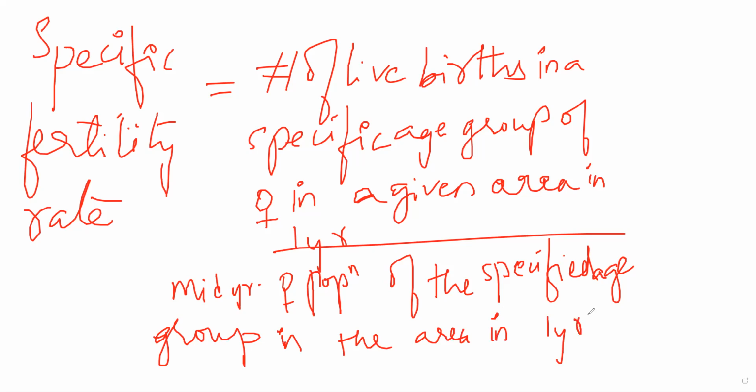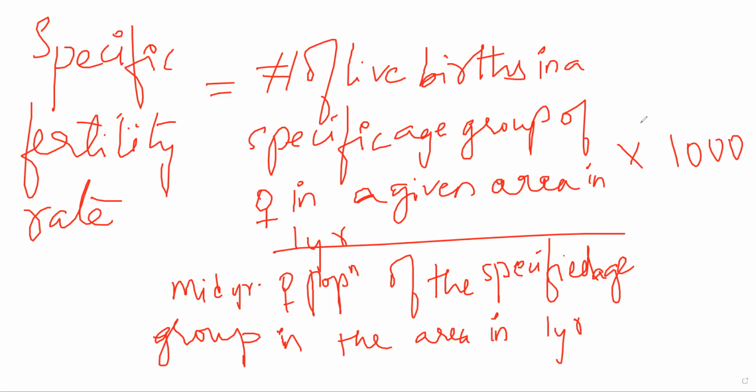In 1 year. So you are doing essentially the same thing as crude birth rate. There, in crude birth rate, you took total live births in a year divided by total population in a year. Here you are only specifying the age. So the number of births specific to that age group in an area in 1 year, divided by the population of women of that particular age group in that area up to July 1. Mid-year population means the same thing, up to July 1st, into 1000. So you will get the age specific birth rate or age specific fertility rate per thousand.